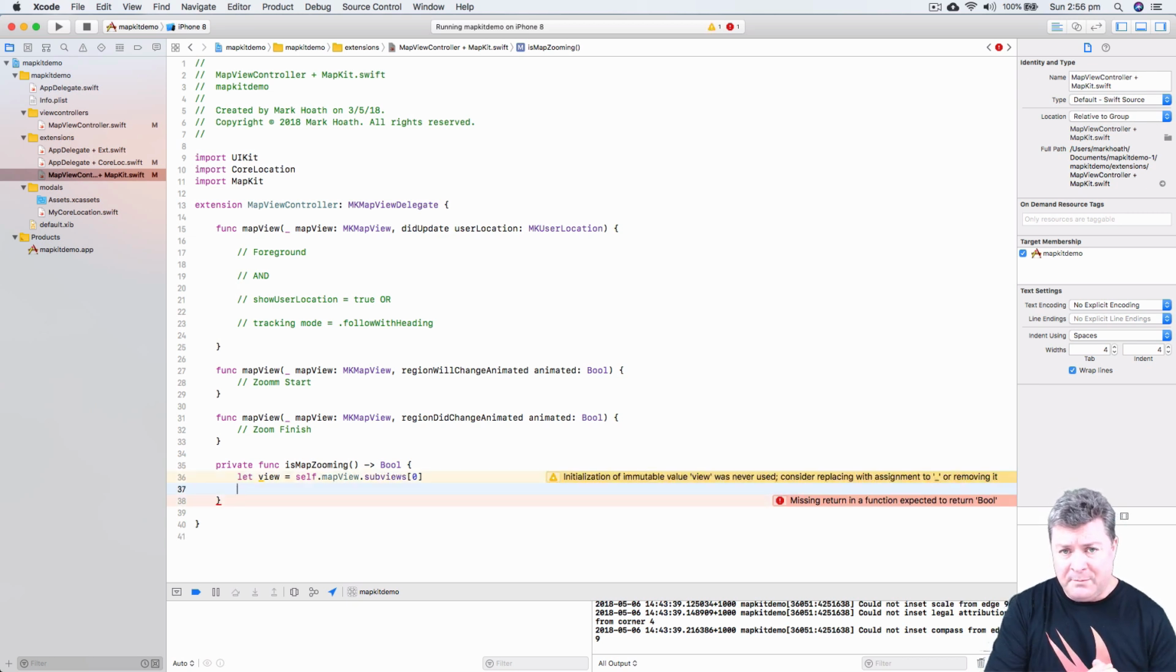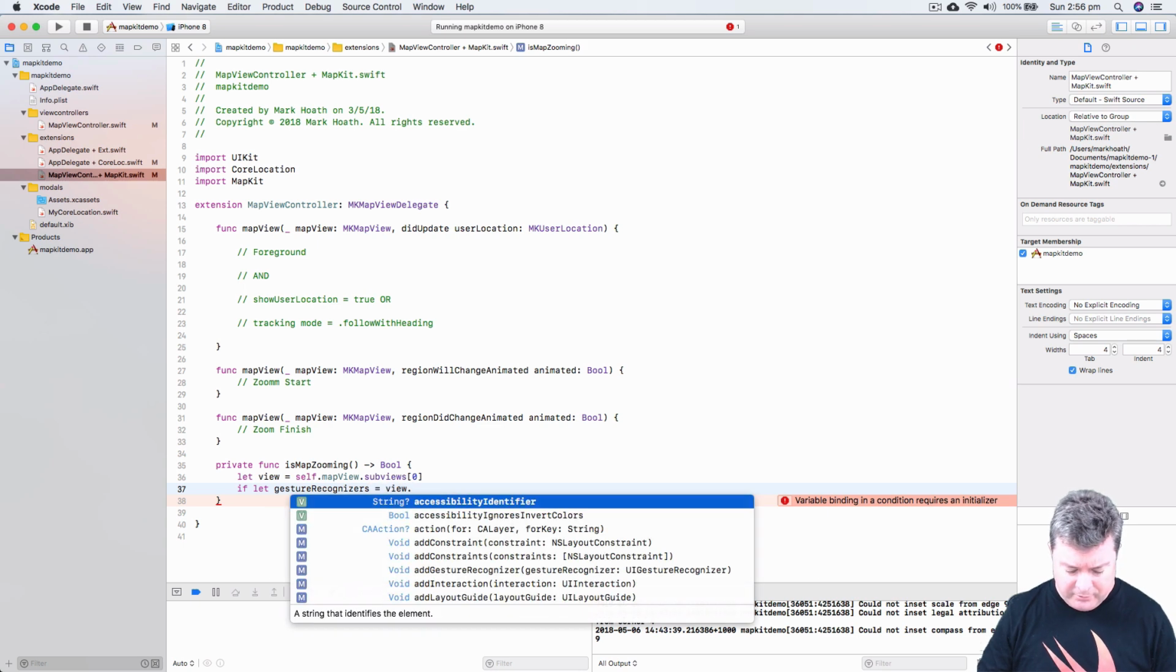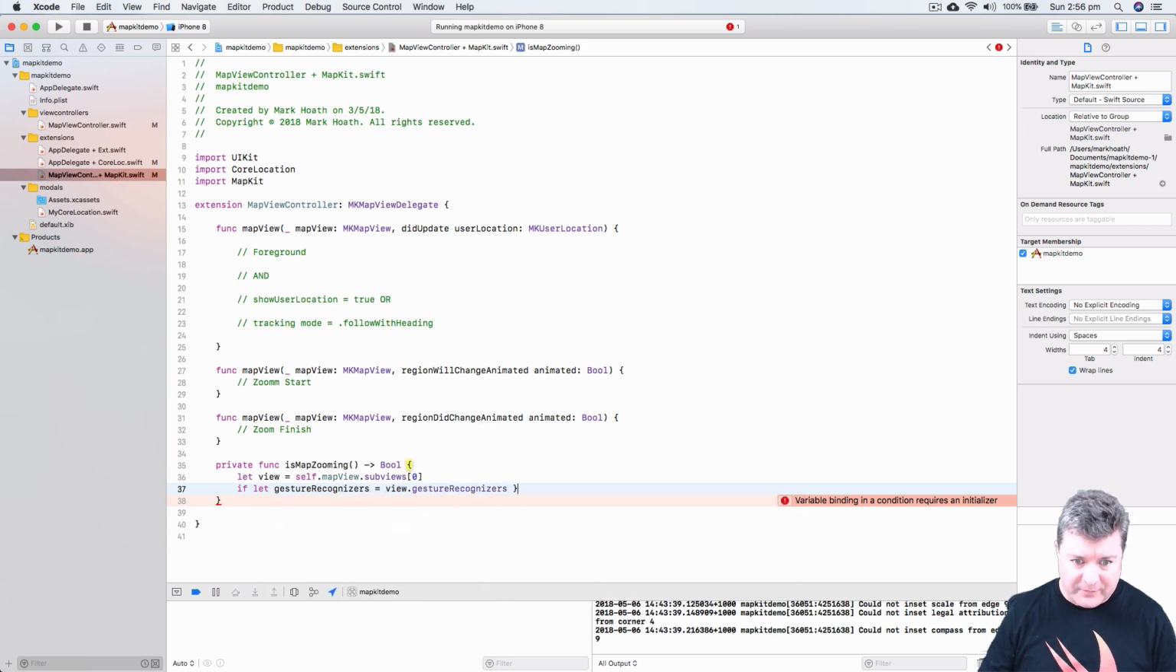the map, because it's detecting all these pinches and scrolls and touches on the screen, it has all these gesture recognizers that are already built into the map view. So a whole heap of stuff's already done for us, which is why MapKit is awesome. So what we need to do is get these gesture recognizers and figure out if any of them are being utilized. Okay, so we go if let gestureRecognizers equals view.gestureRecognizers